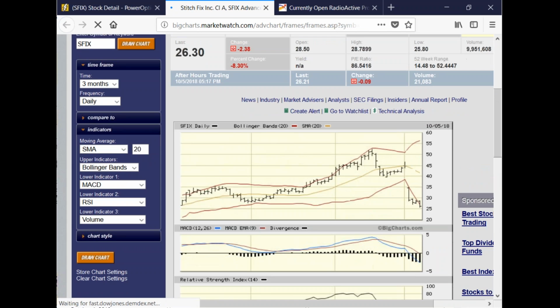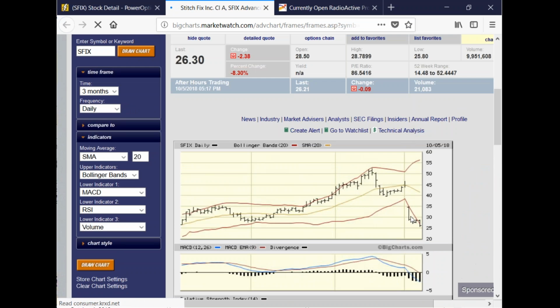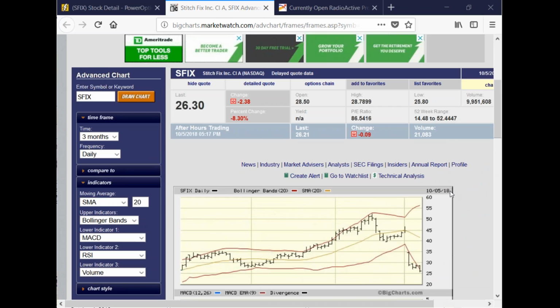Stitch Fix, yeah, this was his good straddle trade here. It's from 45 down to 35. That break there from the earnings, and then it's continued down lower. The stock's 40% down. He did not sell any calls or puts in this one. He's just riding it out. Good move, just let it ride.